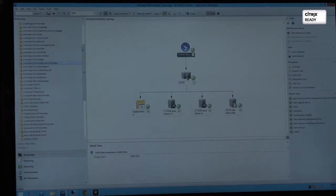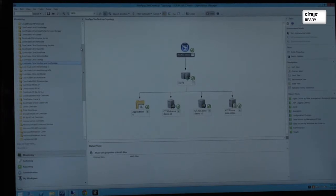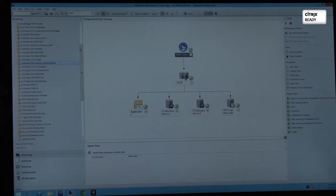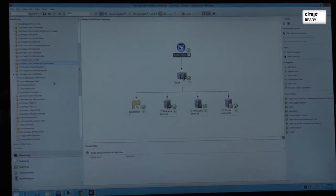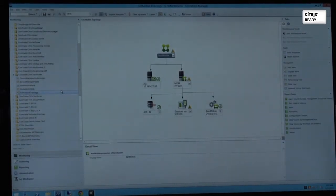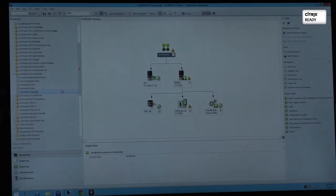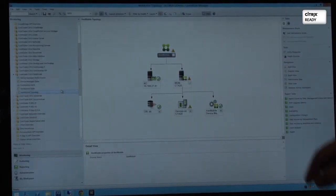We have, of course, capabilities in other areas of XenApp and XenDesktop, such as NetScaler, StoreFront, and so on. Some of the recent capabilities we have added were also in the XenMobile and ShareFile space. And if I quickly touch these 2 subjects, in the XenMobile area, we are delivering the monitoring capabilities that allow you to monitor your XenMobile deployments. Like in this case, again, you're able to see a topology, which is a discovery of the XenMobile deployment with your